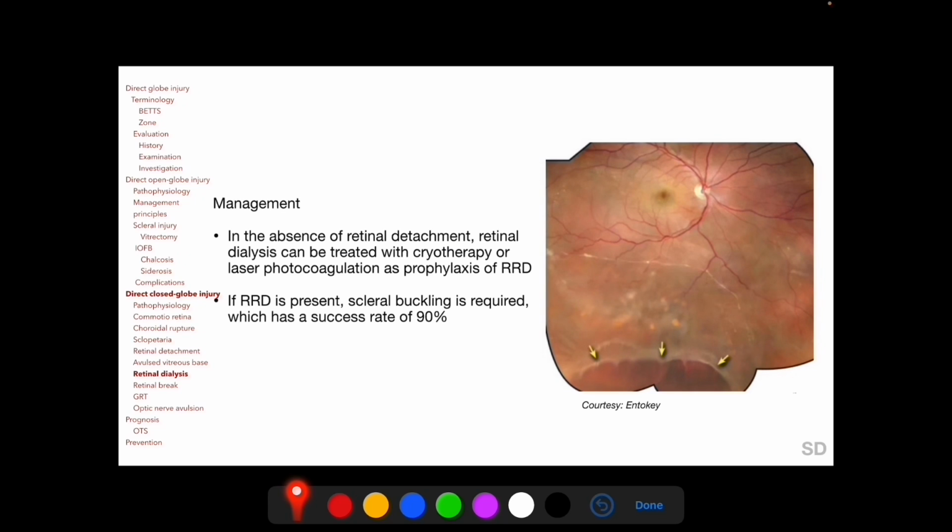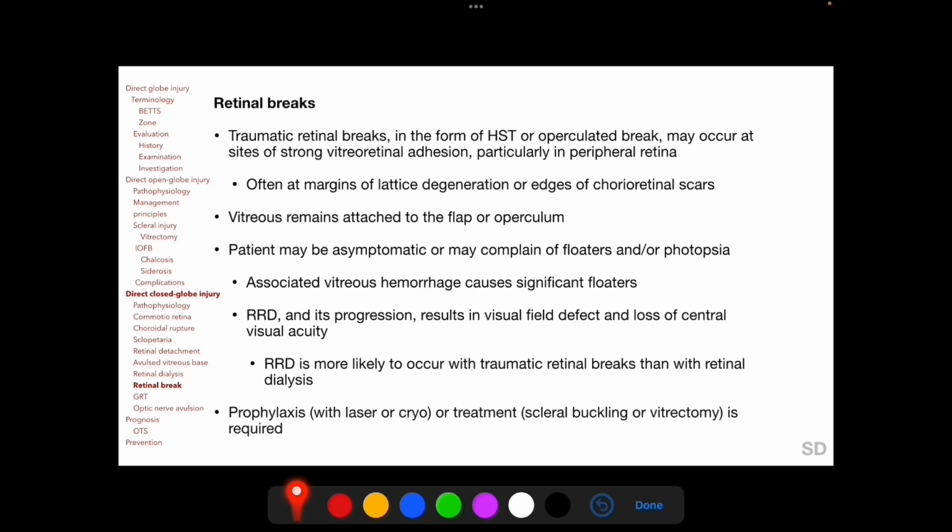Vitrectomy is usually not indicated for retinal dialysis because of the attached posterior vitreous cortex, which leads to difficulty in inducing posterior vitreous detachment in these eyes. As we have mentioned, horseshoe retinal tears and operculated retinal breaks are uncommon forms of traumatic retinal breaks but can